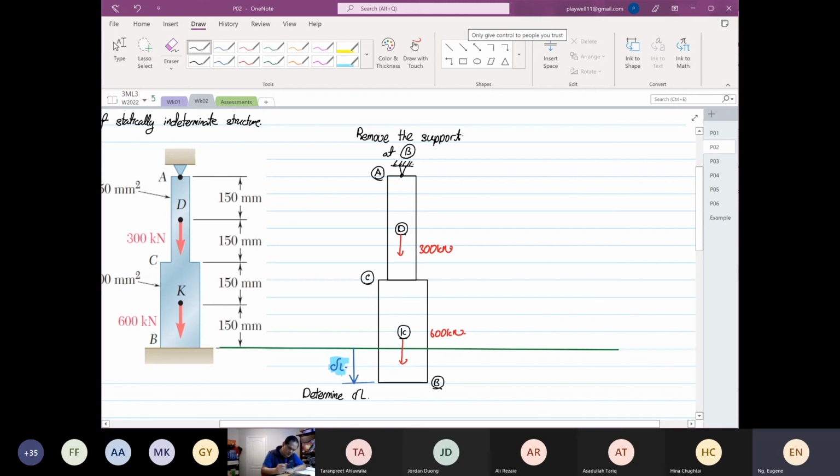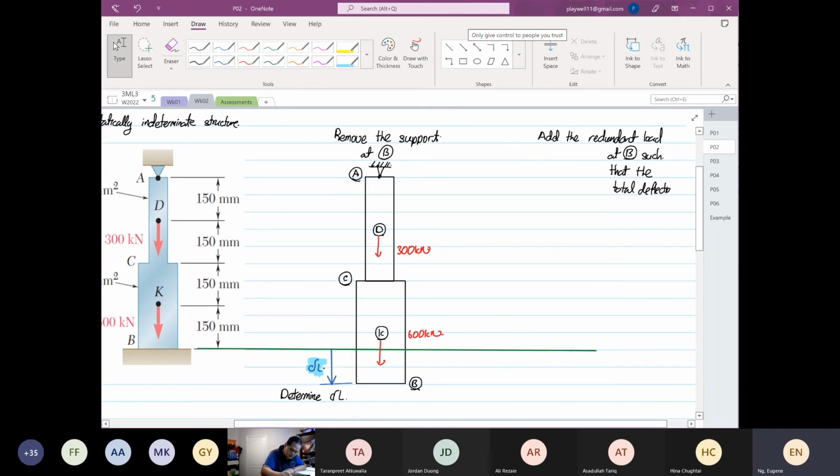Then the next step is we are going to add a redundant load at point B, such that the total deflection is